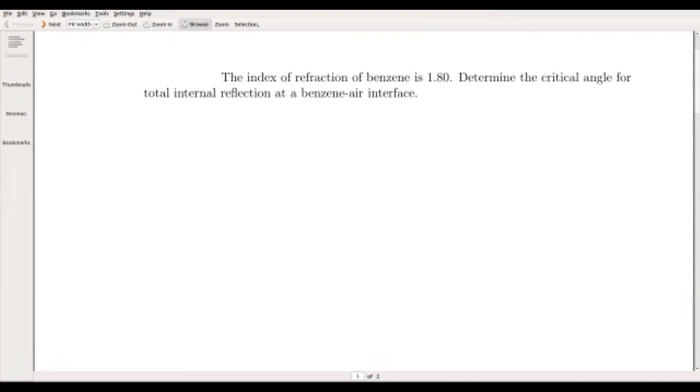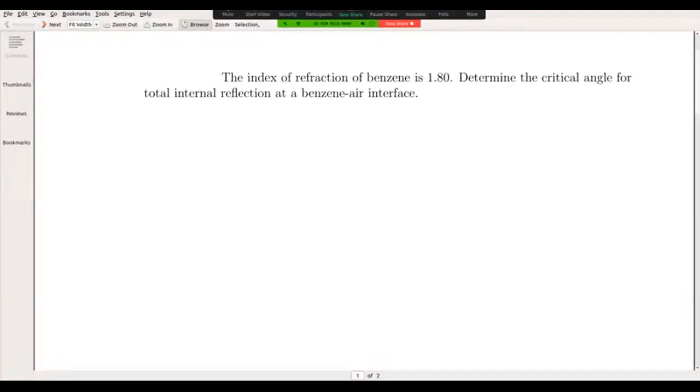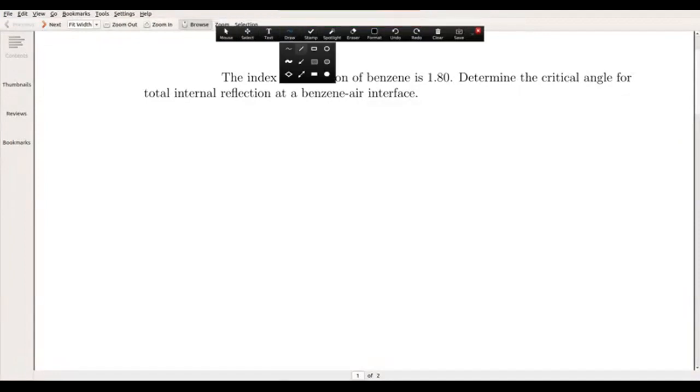Here we discuss total internal reflection. This is a consequence of the law of refraction in the extreme sense. So let's see what this is. So we have a surface, an interface,